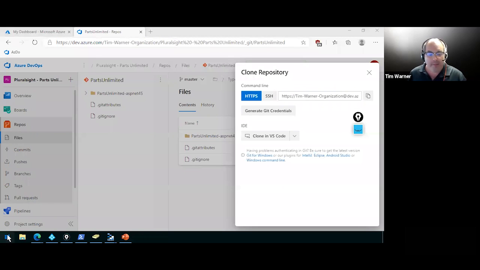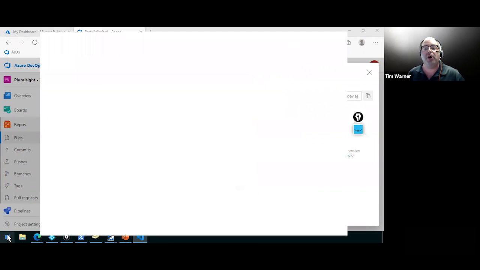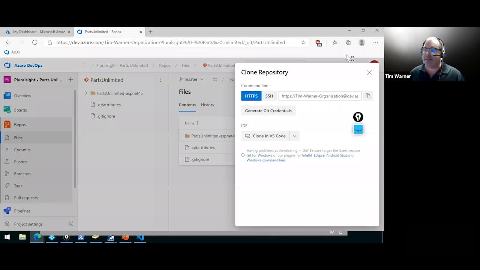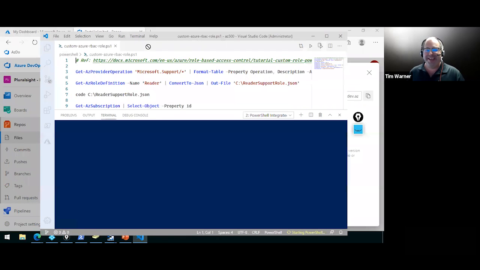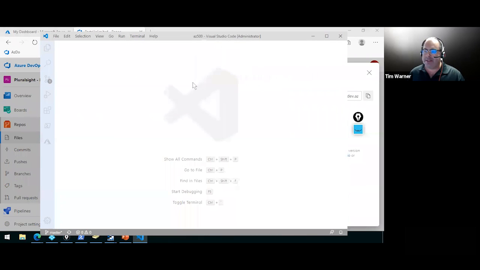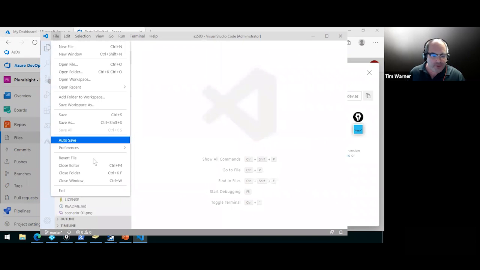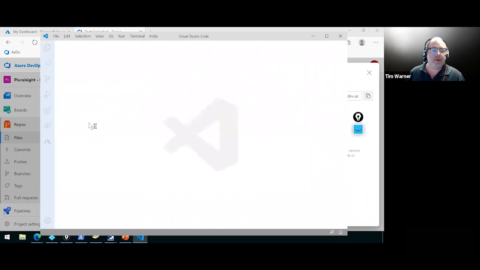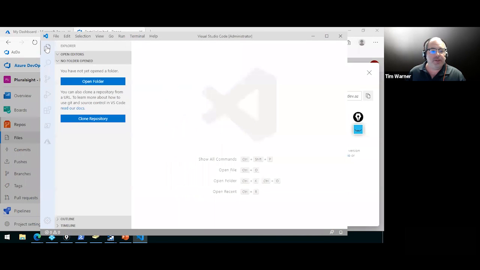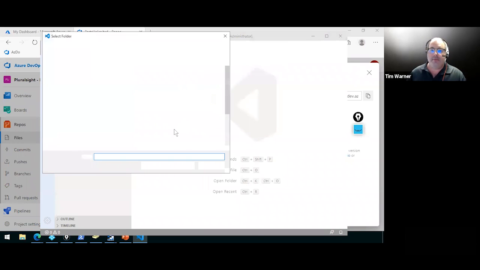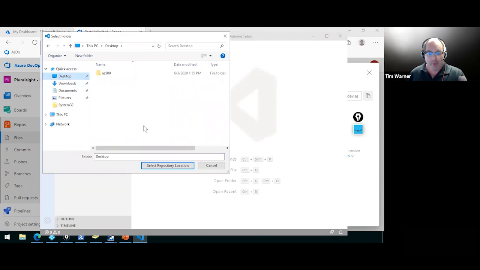And then depending on what my IDE is, I might want to use Visual Studio Code, for instance. I can say, okay, why don't I clone a copy of that repository to my system here. Let me see, it looks like I'm in a folder, so let me close out of my folder. And let's do a clone repository. All I've done on this machine that you're looking at is I installed the Git client. If you go to git-scm.com, that's one way. That's how I normally install the Git client. Then I installed Visual Studio Code. That's it. I can paste in Control-V my clone URL,